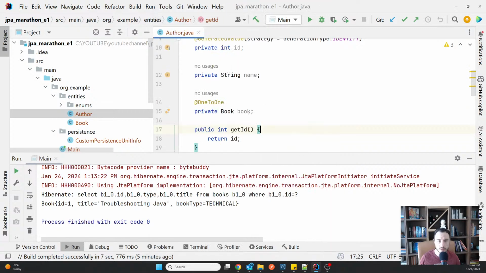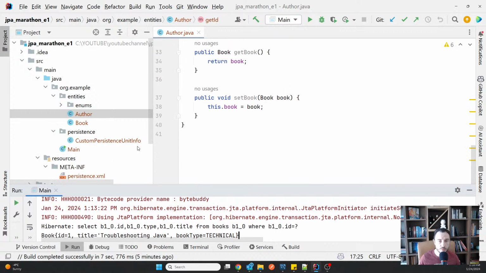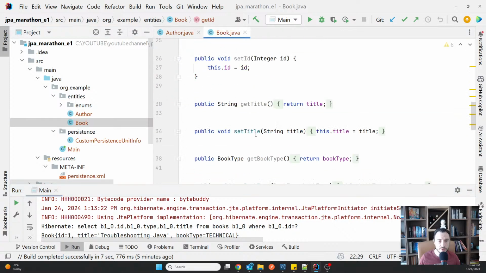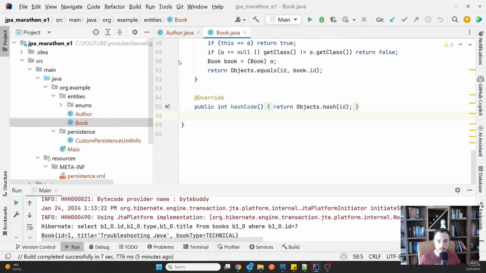I'm gonna create a getter and a setter, and I'm gonna tell you something very important. Whenever you have relationships, be very careful with the toString methods, because if you generate them automatically and they include a relationship, the relationship might be bidirectional, which means that the book will show the author, and the author will show the book, and the book will show the author, and the author will show the book, and you will end up in a loop, which is in the end causing a Stack Overflow.